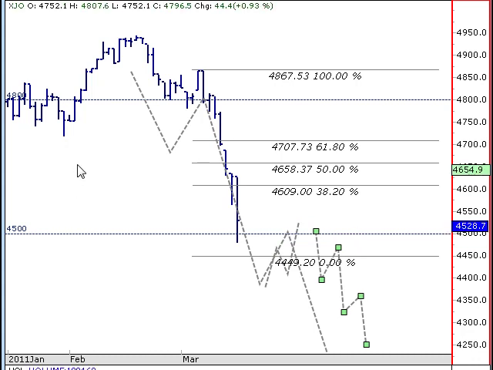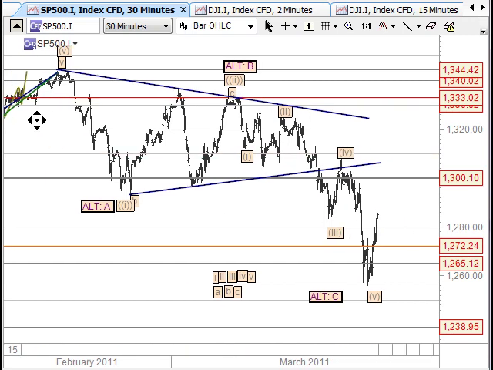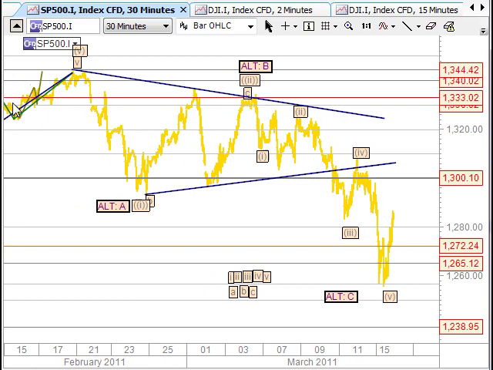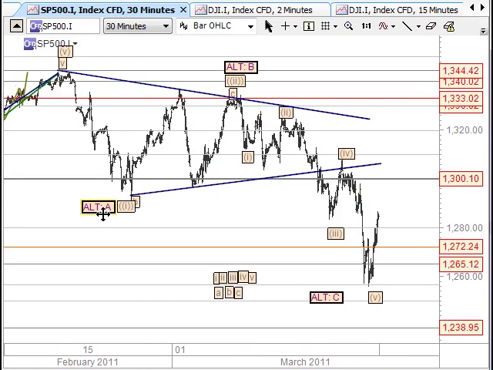But first of all, I want to start with the S&P 500, because there's one particular count that we need to eliminate on the bullish side of things. Yes, the whole structure is looking bearish, and we've been bearish coming into this top here. So we've been on the right side of things. But I just want to point out that we still have this problem of this being an A wave down to here, and an A and a B and a C wave for a B wave here.